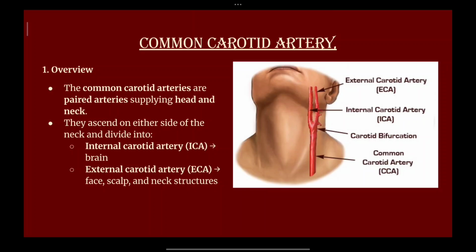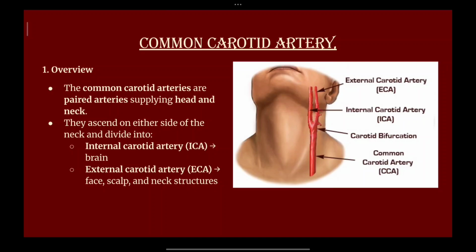Now, in today's session, we will explore an essential part of the cardiovascular system, the major arteries that are supplying blood to the head, neck, and the upper limbs. We'll focus on 3 important arteries in today's video, that is the common carotid artery, the subclavian artery, and the axillary artery. The common carotid artery is the main vessel supplying blood to the head and the brain. The subclavian artery branches off to supply the shoulder and the chest wall. The axillary artery is a continuation of the subclavian that nourishes the arm.